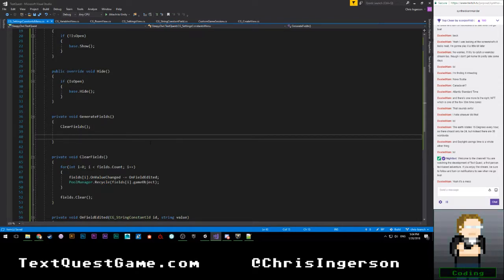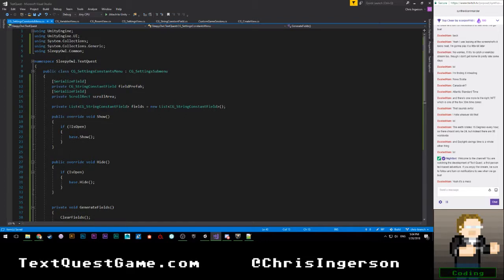But we need to actually spawn them now. So this is where it gets a little bit more difficult. I need to generate these things. Yeah, okay, that'll work. So give me a second here.